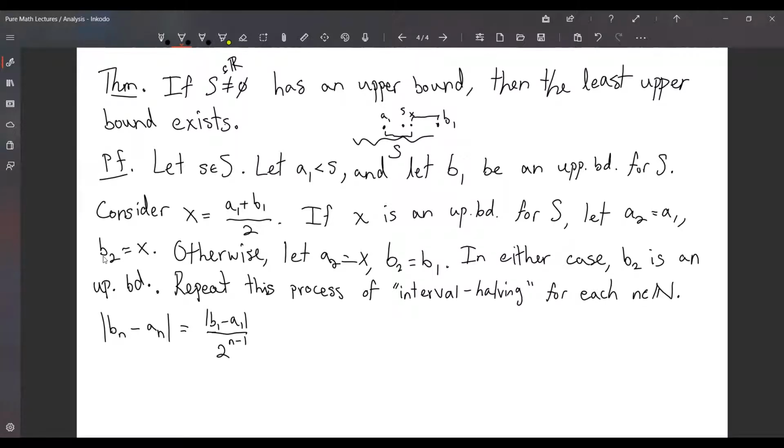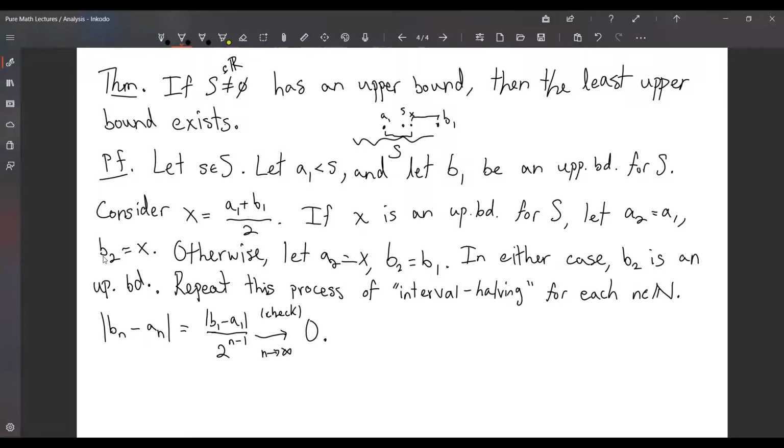And you might be inclined to put 2 to the n here, but just make sure it works for n equals 1, for example. If n equals 1, then you have 2 to the 0, which is 1 here, and so it checks out. And you can easily prove that as n goes to infinity, this sequence is going to converge to 0, right? Therefore,